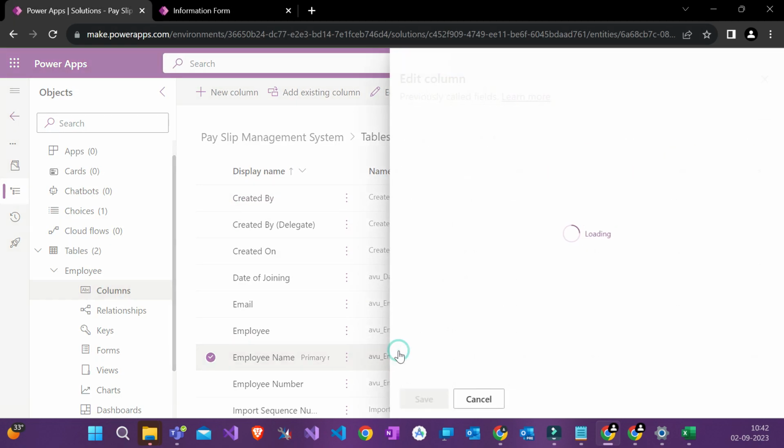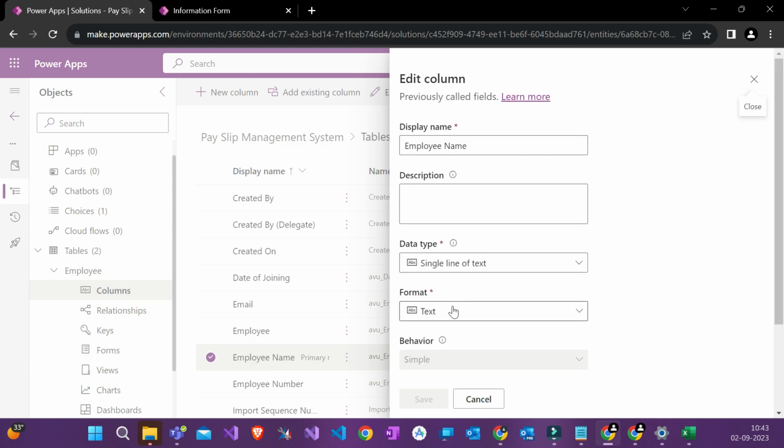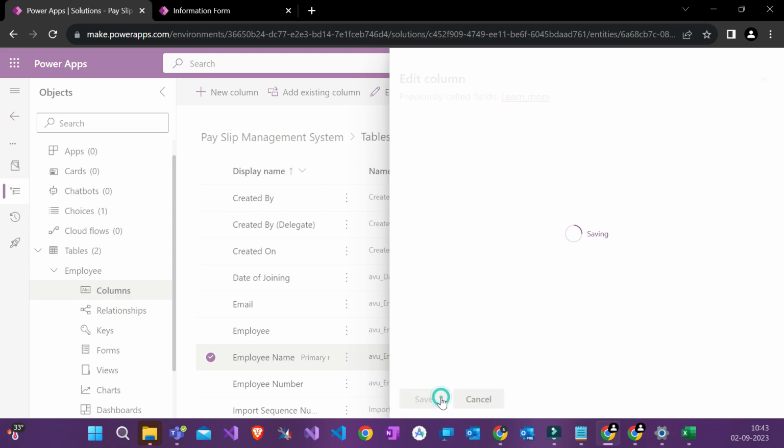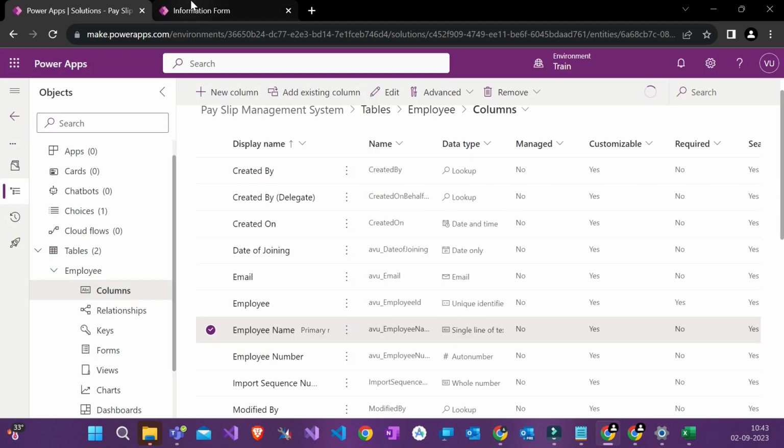Yes. So that is the reason. That is how you can do it. You asked, right, how can we do it? This is how you can do it. I'll make it business required because the thing is, भाई नाम तो होना चाहिए, सबका नाम होता है, ठीक है?